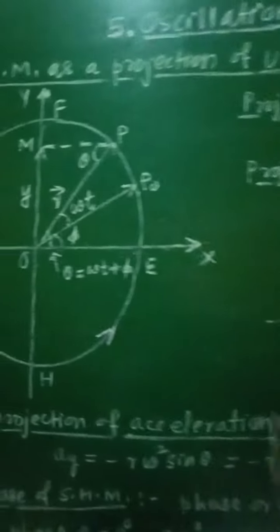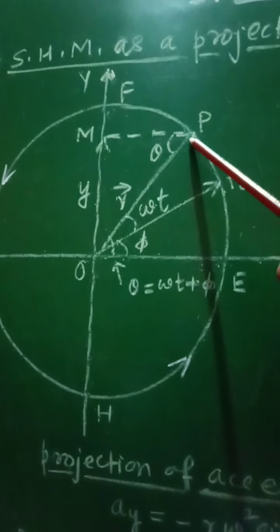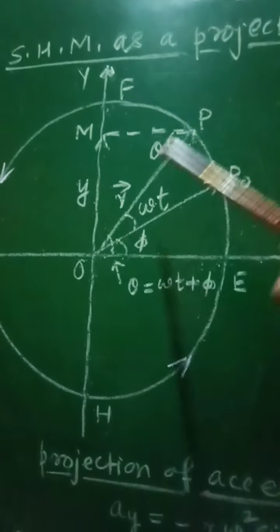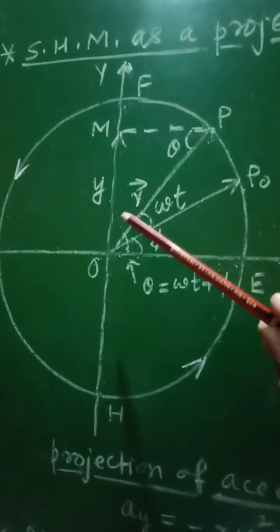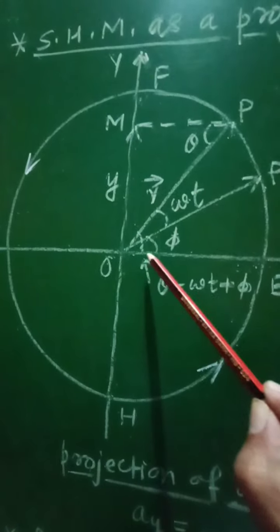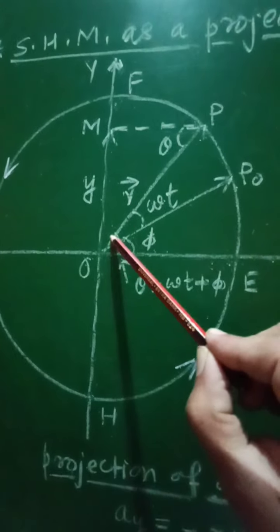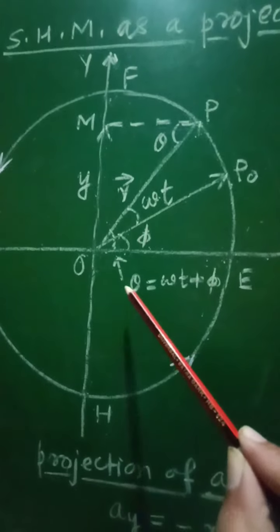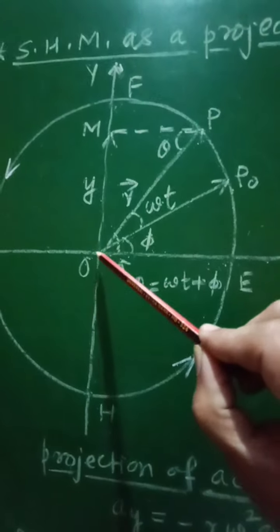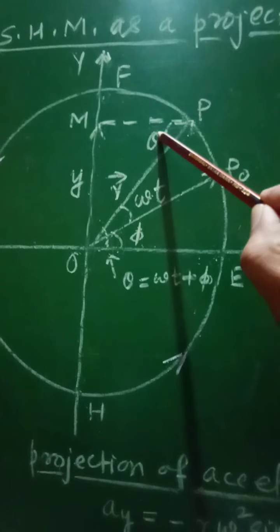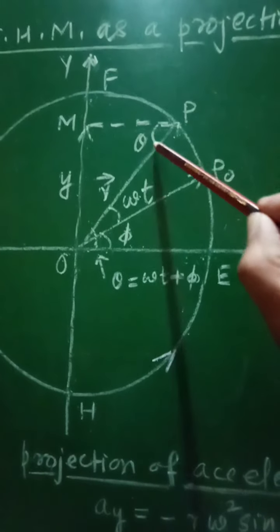So if you consider this position vector OM, this is the position vector OM when that particle is at point P at any instant of time t. This will be the position vector or the projection here. As this angle is phi and this is omega t, the total angle will be equal to omega t plus phi, that is equal to theta. Now these two lines will be parallel to each other, this will be its intersection, and therefore this angle will again be equal to theta, that is omega t plus phi, because of alternate angles.